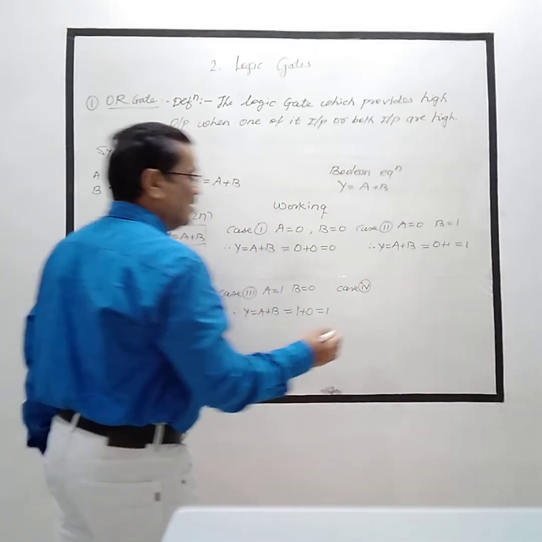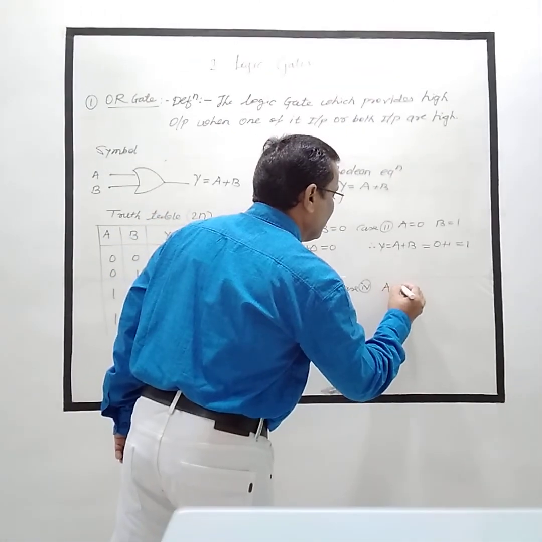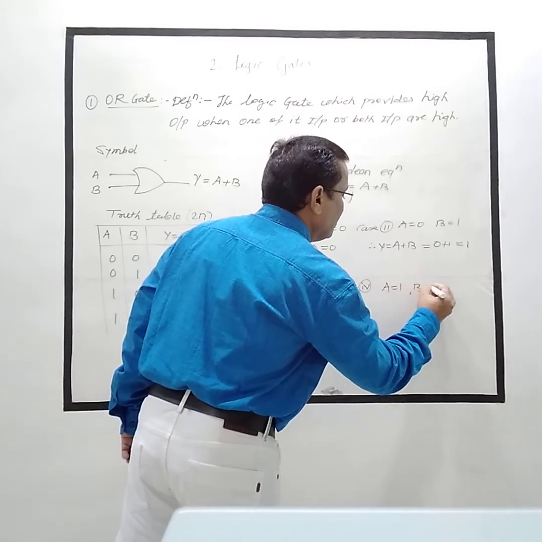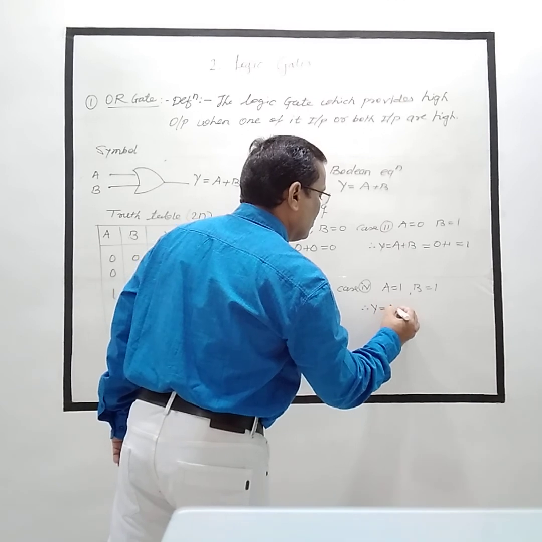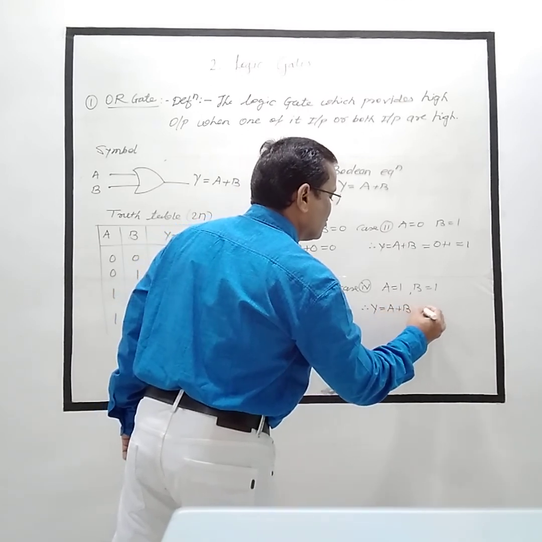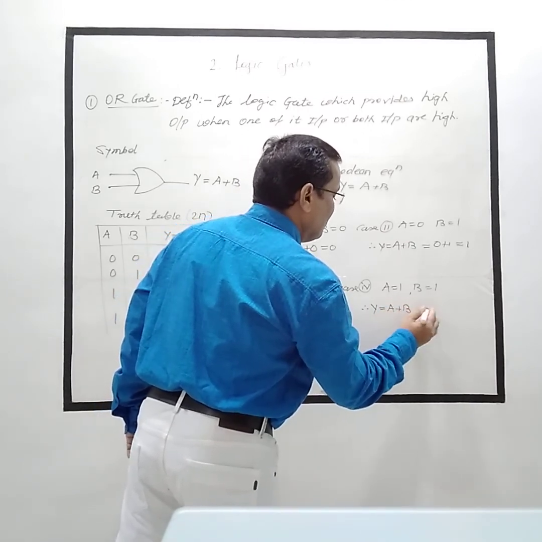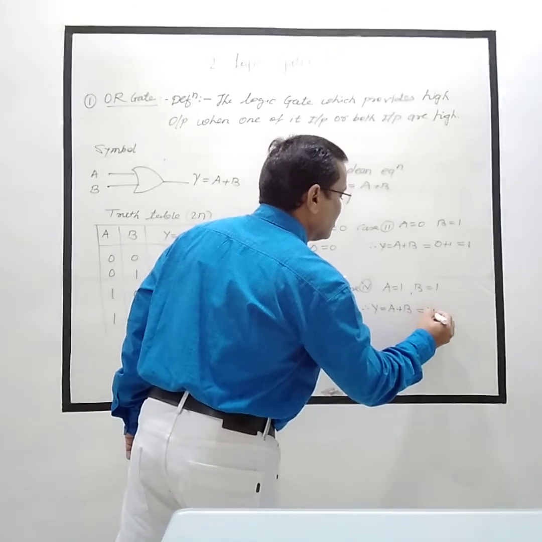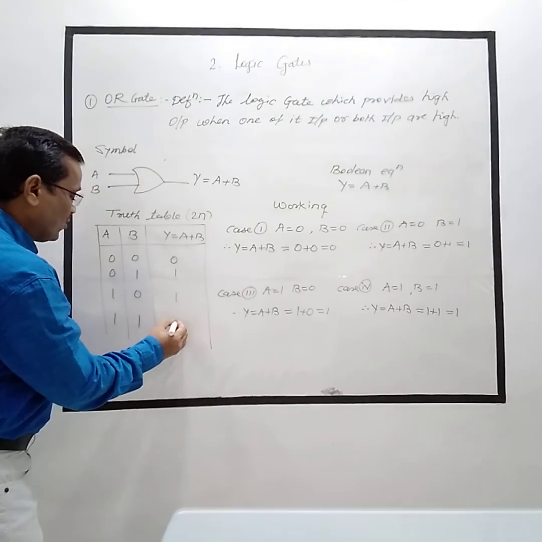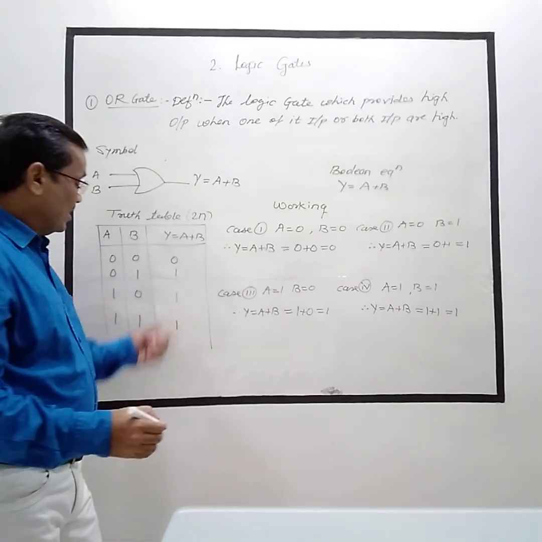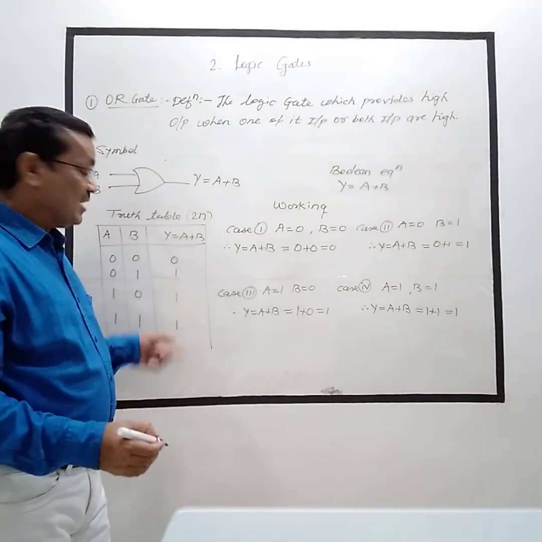What is case 4? The combination will be A is equal to 1 and B is equal to 1. So write down the Boolean equation: Y is equal to A plus B. Substitute the values for A and B, that gives 1 plus 1, which is equal to 1. So for A is equal to 1, B is equal to 1, the output of the OR gate is high,